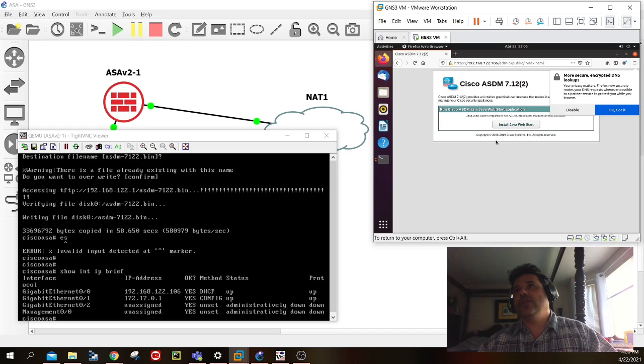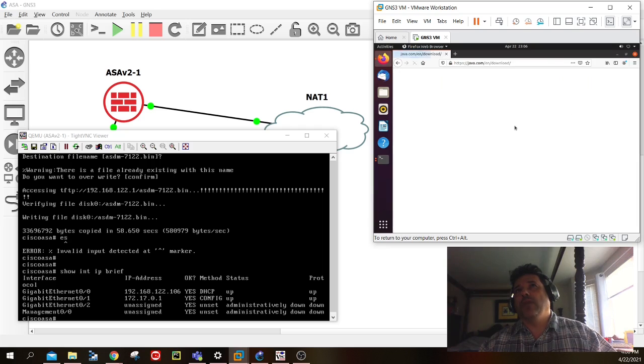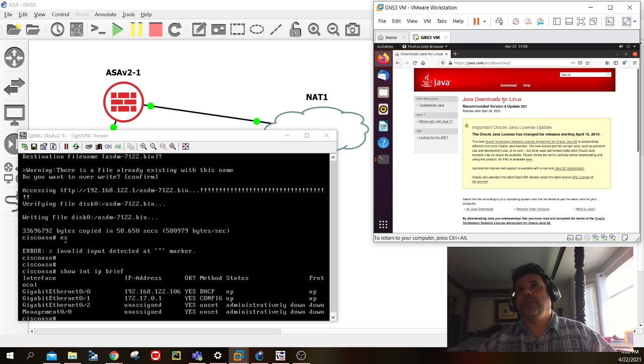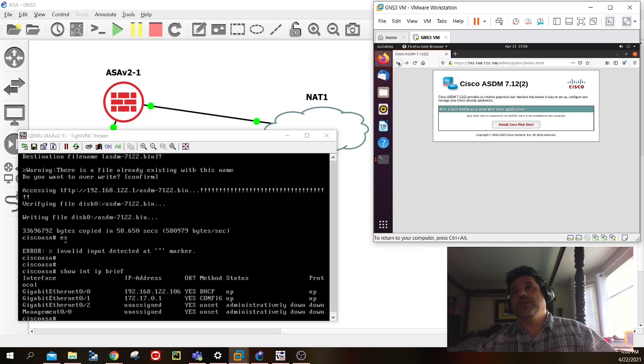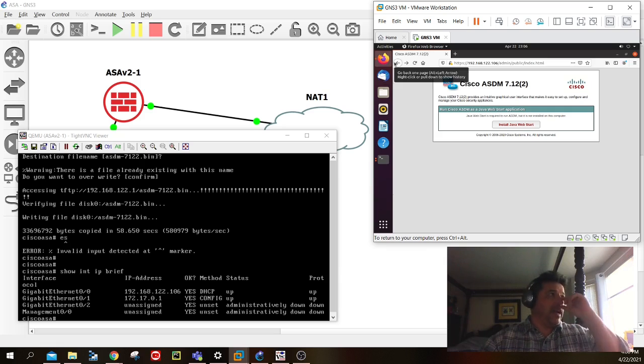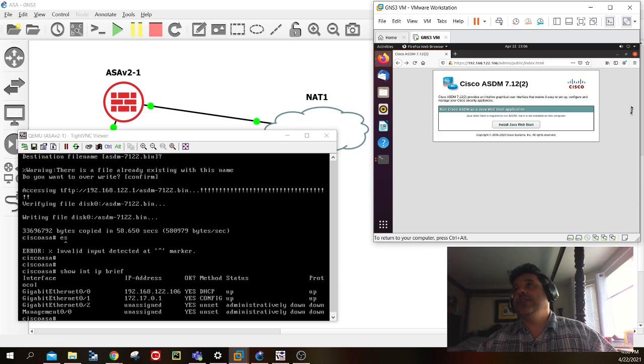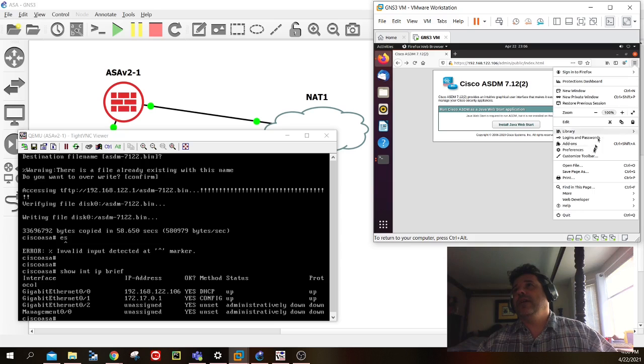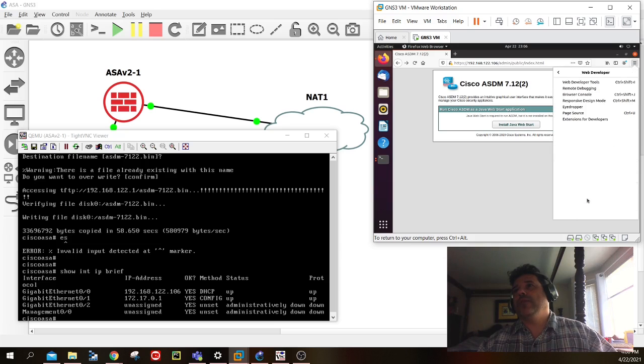It says install Java Web Start, but then it's going to bonk on you. It's not going to allow you to do it. It'll kind of block it. See, it just takes you to this page, and that's not really what you want to do. So there's this really, really neat hack where what you've got to do is open the web developer part of